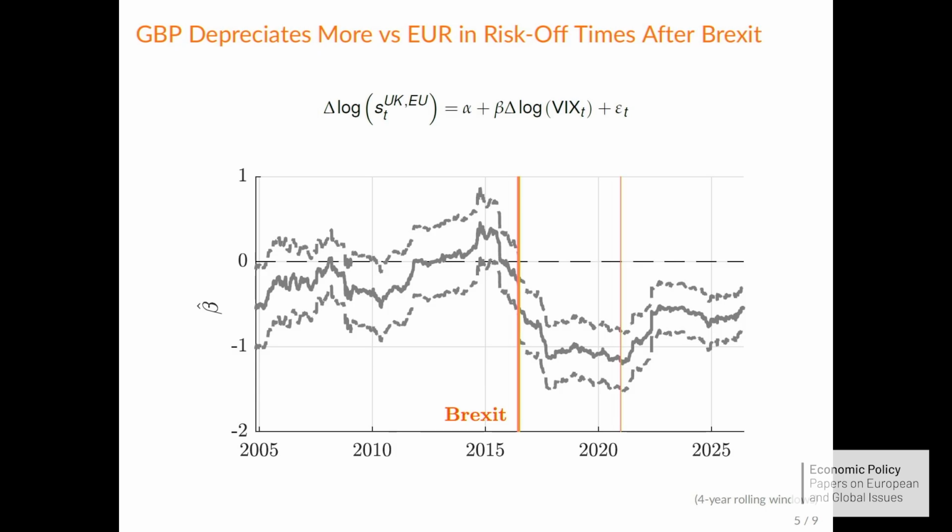This figure focuses on the pound-euro exchange rate, and it's a 4-year rolling window regression of pound-euro exchange rate changes on changes in the VIX. What you can see is that before Brexit, the pound-euro exchange rate wasn't very responsive to changes in the VIX, which is consistent with the notion that it reflected correlated shocks between the UK and the EU. But afterwards, it decoupled, and it decoupled in such a way that is to be interpreted as the UK pound being more risky than the euro